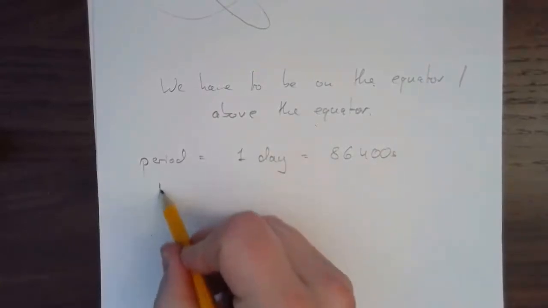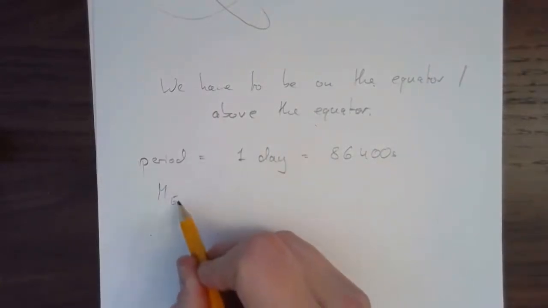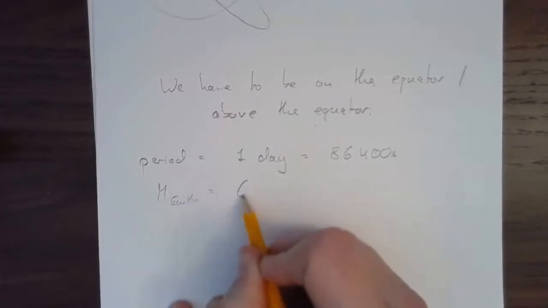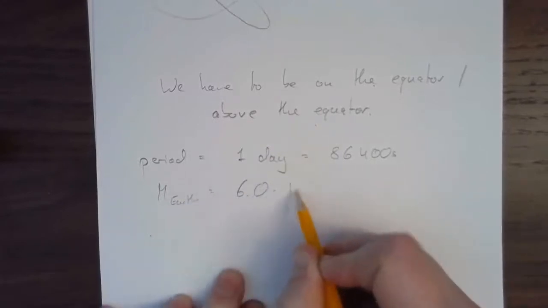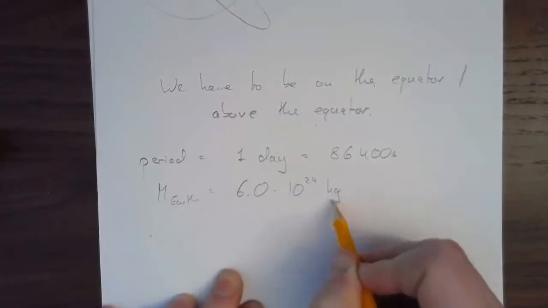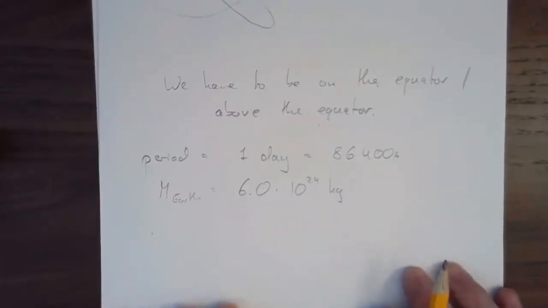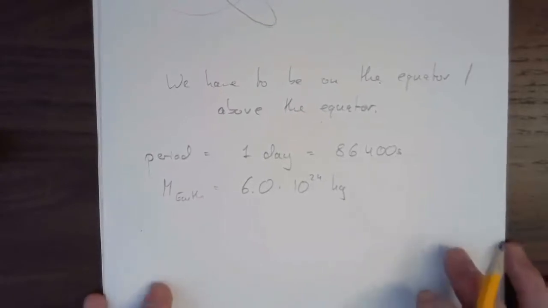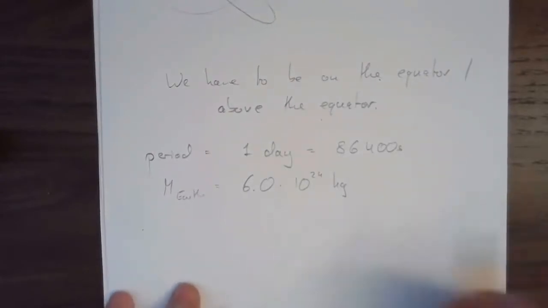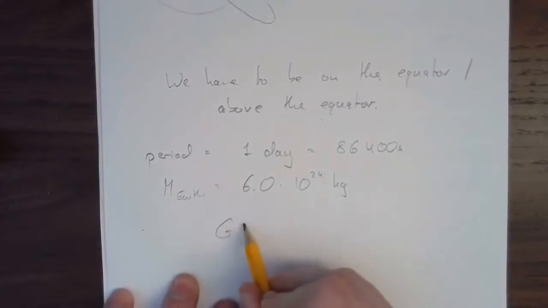Then we're going to need the mass of the Earth, and again that is something that we know by now. We've used it before. It's about 6 times 10 to the 24 kilograms. And so we're trying to find the radius. Well, let's work through the same steps that we worked through before. We set the force of gravity